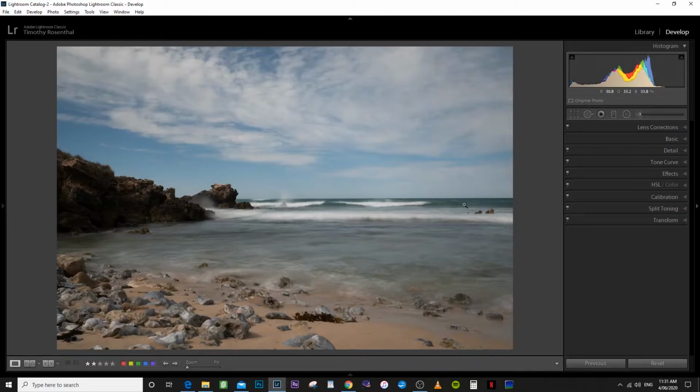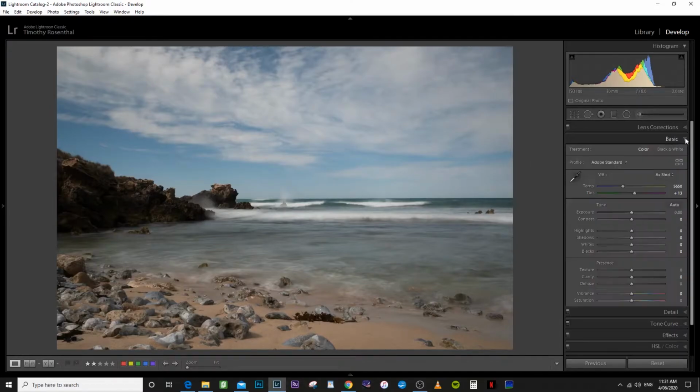Okay, so first things first, we'll go into the basic panel, and you can see here it's an Adobe Standard. The quickest and easiest way to brighten this up for a start is put Adobe Landscape, and that'll saturate those colors just a little bit more for us, and then we can work through. We can add a little bit of warmth. I won't touch the tint